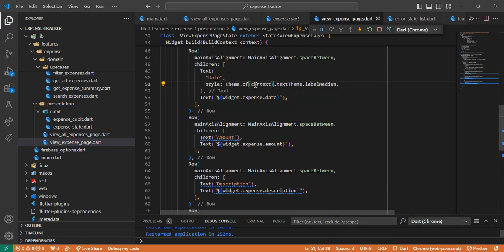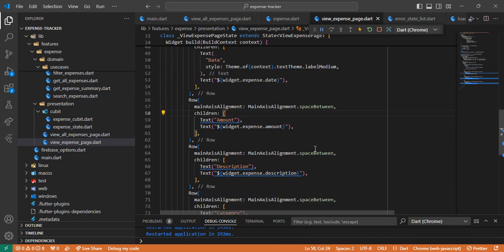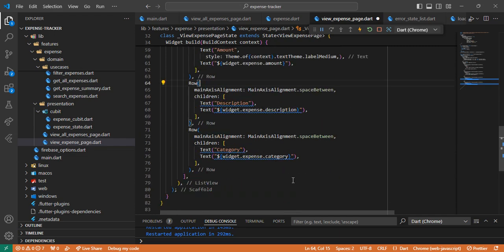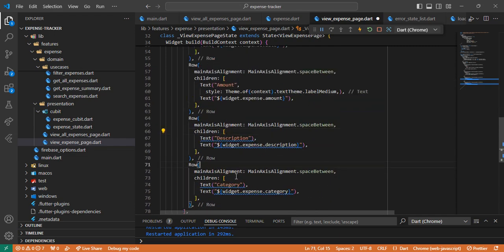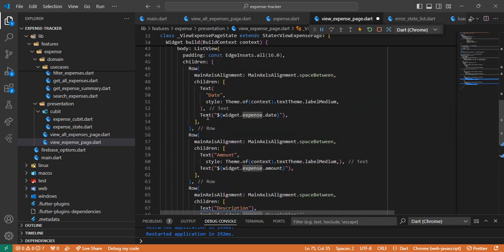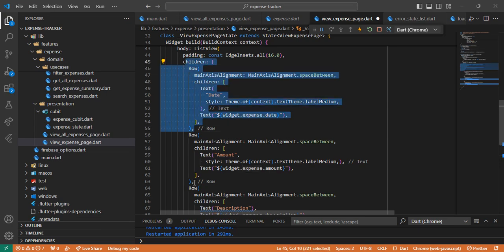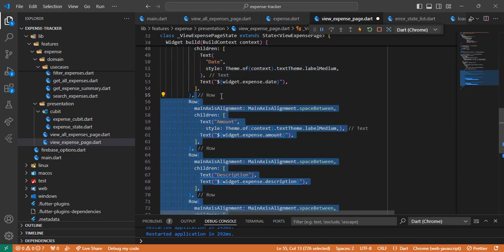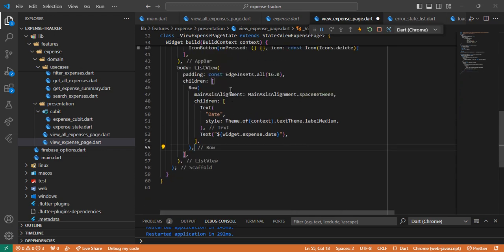So, and I want to apply this theme to all, so I'm gonna have to copy paste this again, then paulit-ulit ko siyang gagawin, and it's a bit hassle, so hindi ko lang tatapusin. But yung point ko dyan is I have a redundant code right here, paulit-ulit lang naman siya, dito lang sila nagkakaiba with the contents of the first text and the second text. So what I'm going to do is, this is the hack, the tip that I'm going to introduce to you. Delete everything, and then we're going to